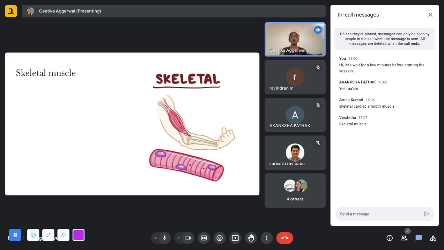So, can you guys tell me some of the features of these skeletal muscles? We've just talked about a lot of these details already in the previous two slides. So, can you give me a few points that you would use to identify a skeletal muscle? Anyone, you can either unmute yourself and guess, or you can just type it out in the chat box.